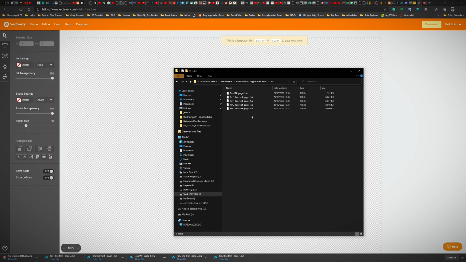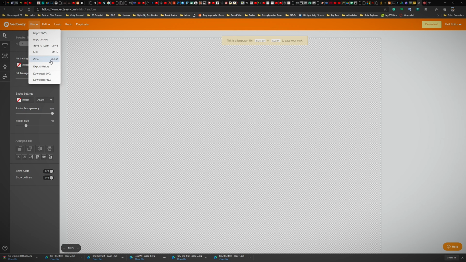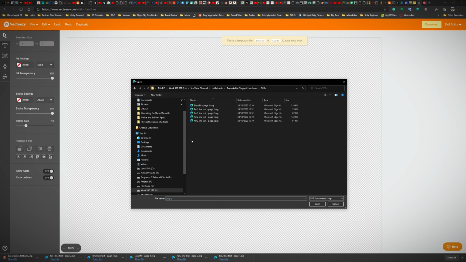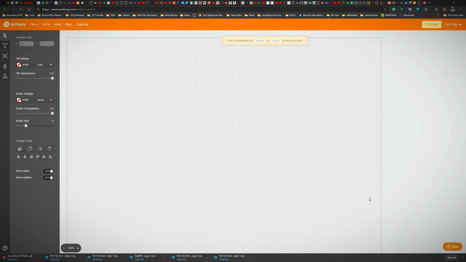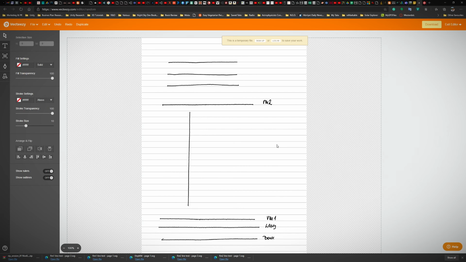And I've also converted all of the SVGs into the AI format, because I'm going to be checking that in 3ds Max as well. So for now, I'm first going to import into, yeah, this is just a free online app that can import SVGs, but more importantly, it can show the vector data. So if I open, I believe this is the second page. Let's try again. It does that sometimes. There we go. So this is opened, and this is the stuff that we drew on Remarkable 2,